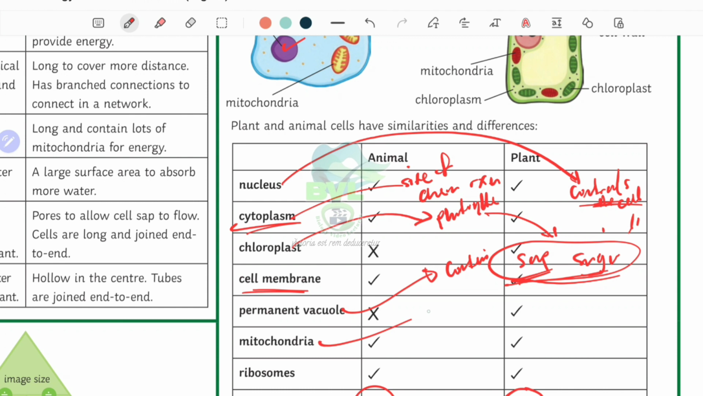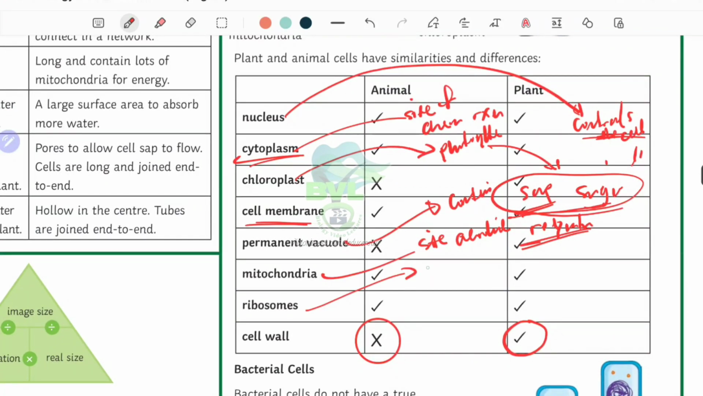The mitochondria is the site of aerobic respiration, or you just say respiration for short. Then the next thing, ribosome is the site of protein synthesis. You know that. Then the cell wall